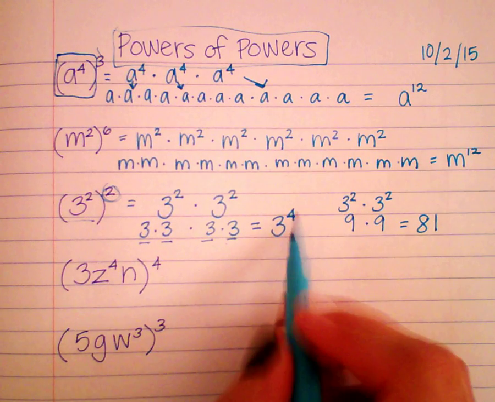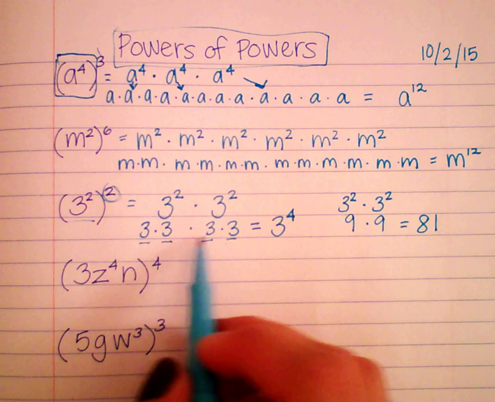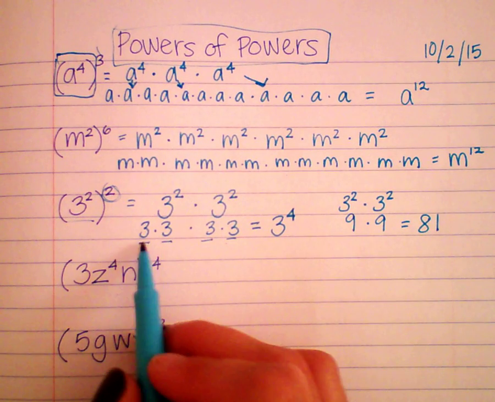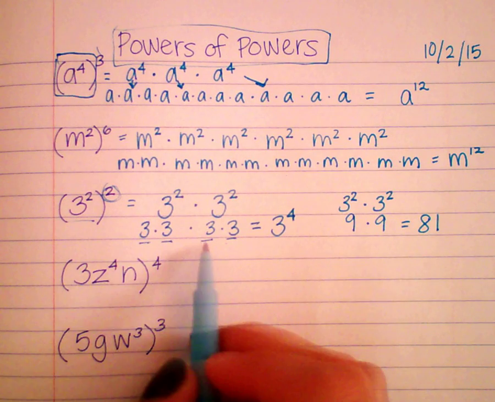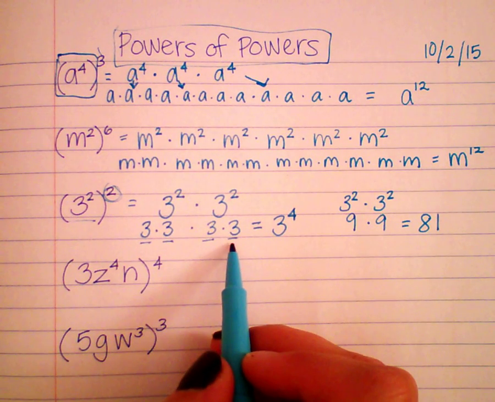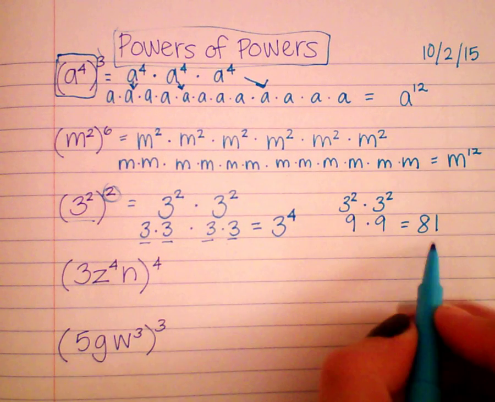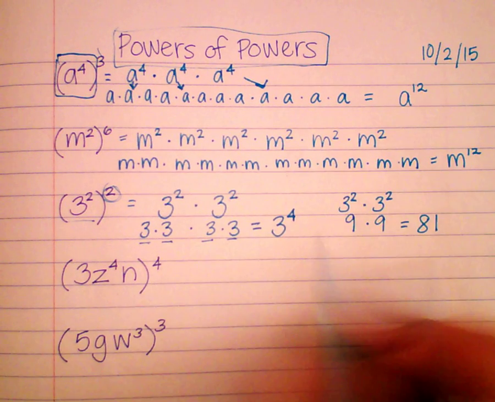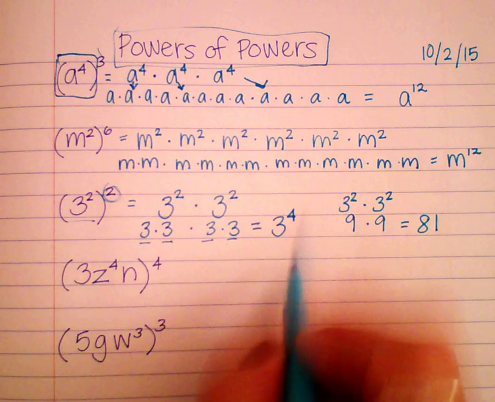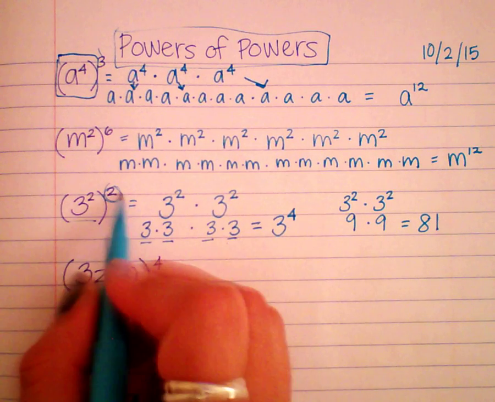3 to the 4th power is 3 times 3 times 3 times 3. If I were to evaluate that, 3 times 3 is 9, 9 times 3 is 27, 27 times 3 is 81. So I'm getting the same thing, except here you can see it when I actually solve it, compared to here when I'm just simplifying my original expression